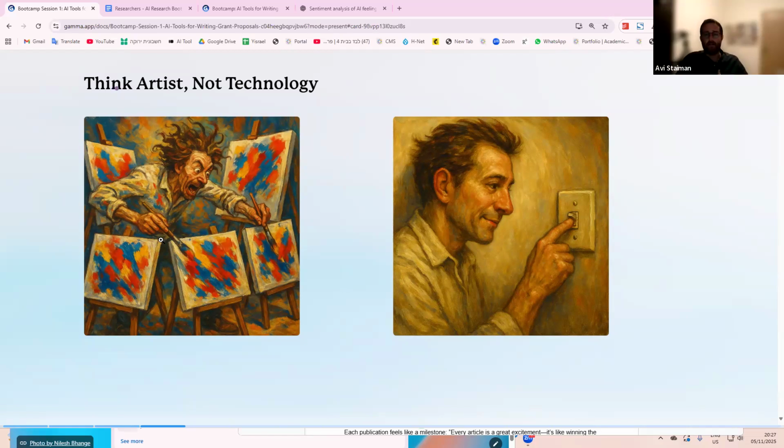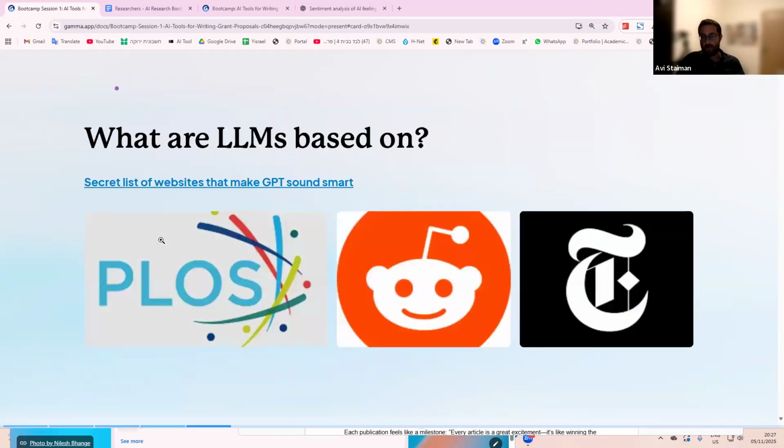So hopefully that's the starting point for trying to think about which activities or which tasks we want to be giving ChatGPT or other tools, and which tasks we don't want to be giving it. Okay, so creativity, yes. Fact finding, no. Don't worry. Later on today, we'll look at some tools that can help us find facts as well.